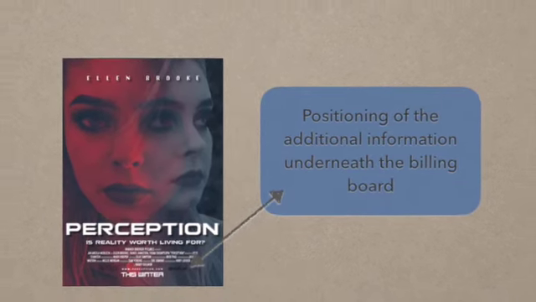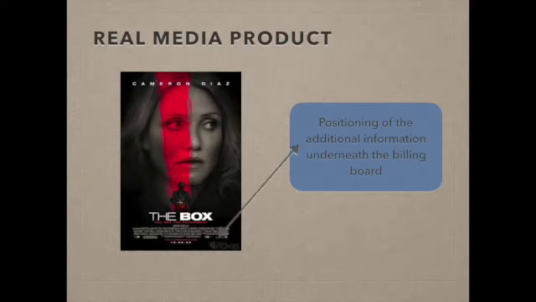Also, the way in which I have positioned this additional information provides evidence to suggest that the inclusion of this additional information conforms to codes and conventions. The way in which I have positioned the additional information so that it is tucked neatly into the billing box, in the bottom third of the 3x3 grid, is conventional. It is conventional given that it means the audience can still see the image and the additional information is not getting in the way. It is also conventional given that looking at real media products you are also able to see the way in which they have placed this information here.